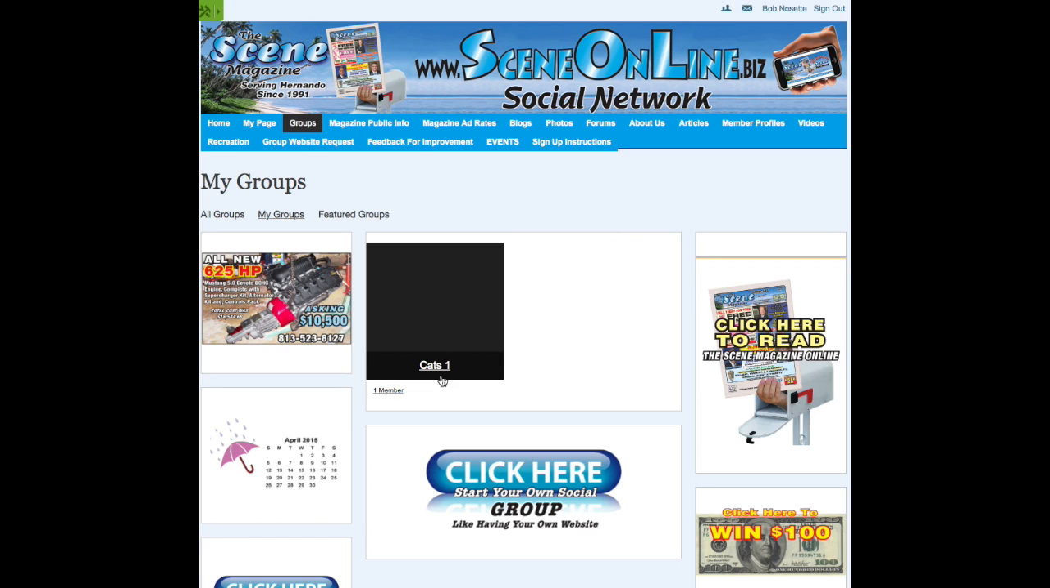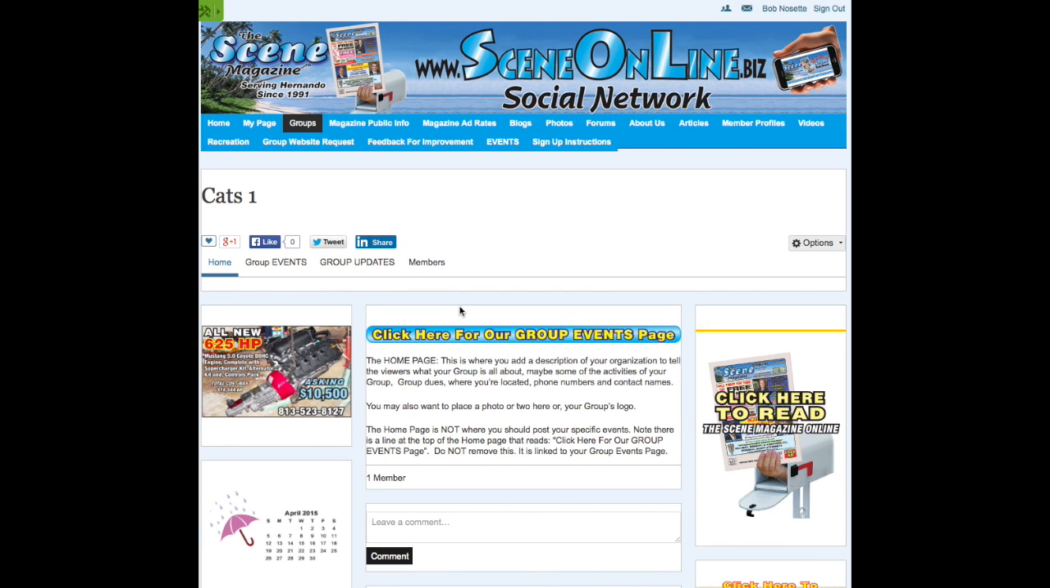Note that our sample group is called Cats 1 and that there's no image here to help identify the group. Click here and it brings you to the group's homepage. And here you can see the group's name, Cats 1, and that there's no image here. This location here is where the viewer would see the description of your group along with any images that you may also have added. To the right here you'll see this Options button, and when you click here you'll see